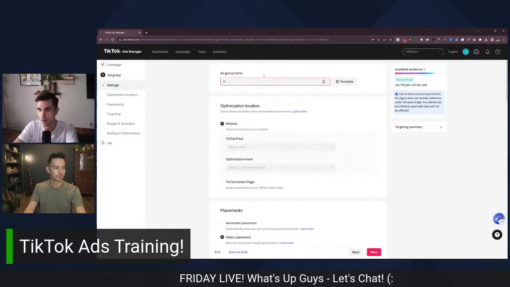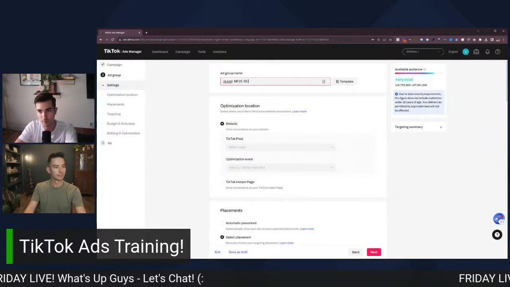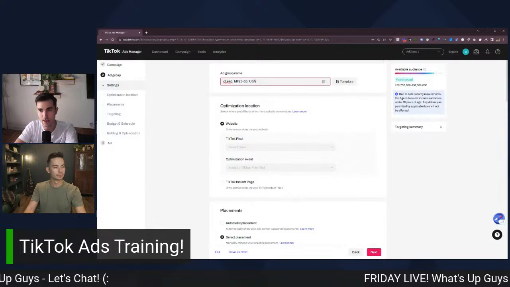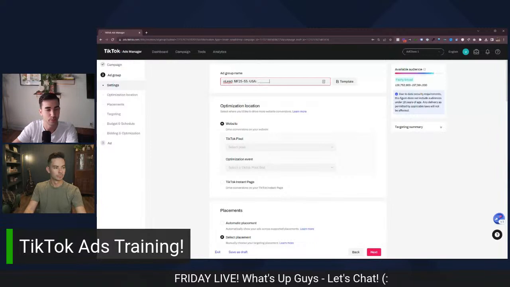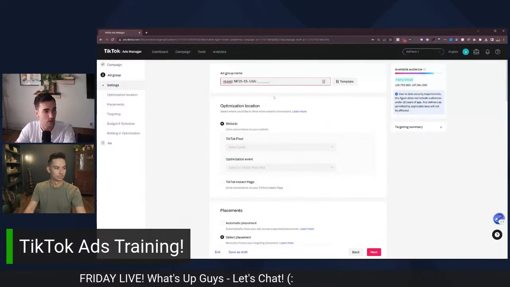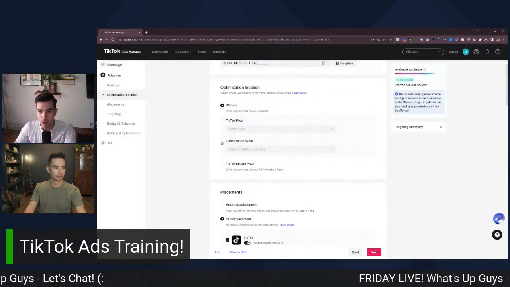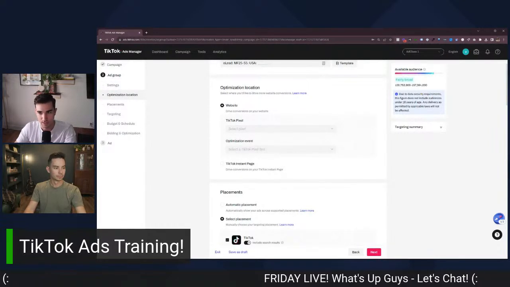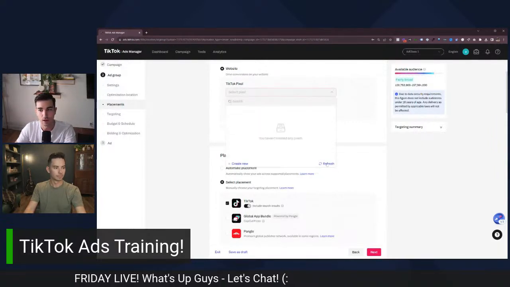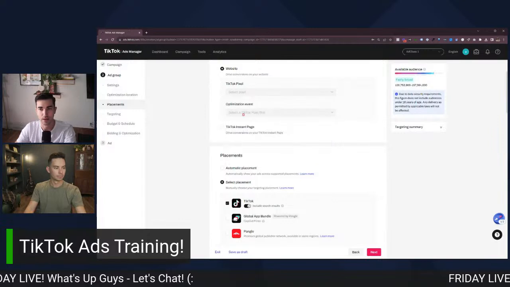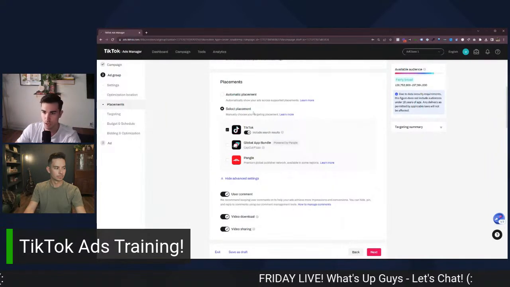So the first step here, I'm going to just continue with my nomenclature. So male, female, 25 through 55, optimized for lead, USA, right? And then the next thing is going to be, what am I targeting? So I'm going to leave this blank here for a second because I haven't decided what I'm targeting yet. I'm going to come back up and change that once I know. We don't have the pixel made because, like I said, we made this account this morning. But once I have my pixel, I would load this in here with the pixel that I made. And then I would optimize toward my event once that's all set up. We'll go through that in a future training.